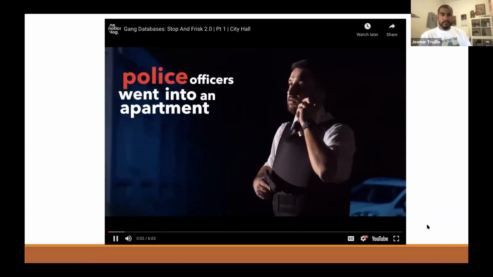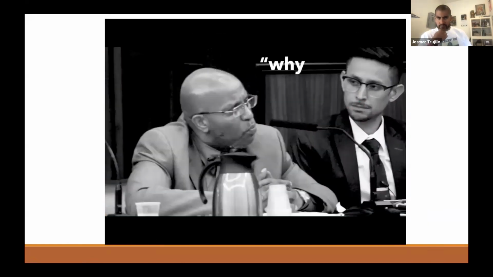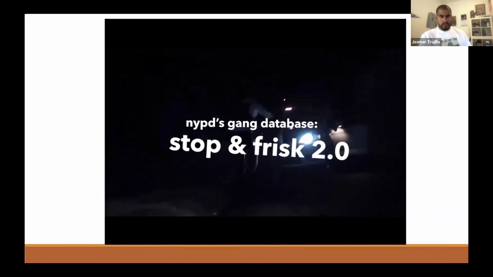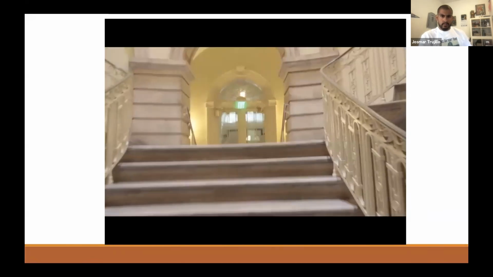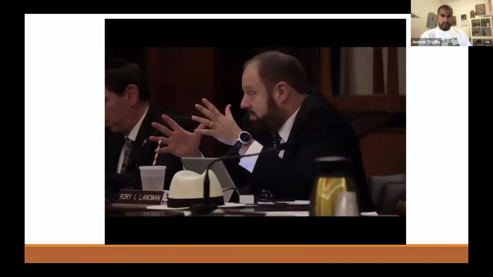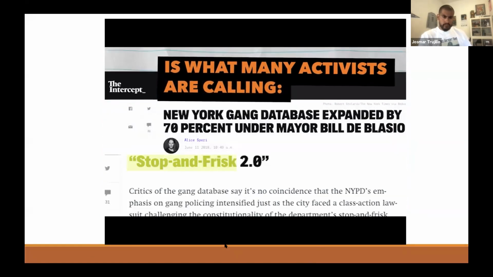Police officers went into an apartment that they raided, and a young boy was crying because his brother was being arrested. And they looked at that young boy and said, "Why are you crying? We'll be back to get you in a couple of years." That's Taylor Murphy Sr., and he's describing just one of the many instances related to NYPD's gang database. It's what many are calling Stop and Frisk 2.0. This is a city council hearing in New York City. The topic that's on everyone's mind today is what many activists are calling Stop and